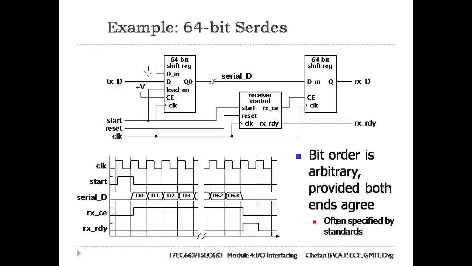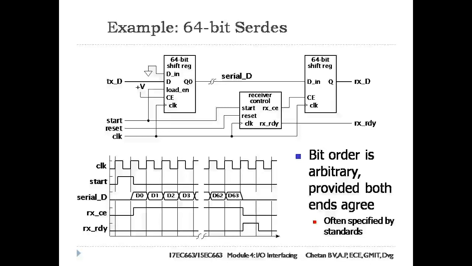Here we can see at the transmitting end we need a 64-bit shift register with parallel load control and an output from the least significant bit. At the receiving end we also need a 64-bit shift register but with a single bit input and parallel data output. The connections are shown in the figure. The figure also shows the control section that sequences the serial transmission.